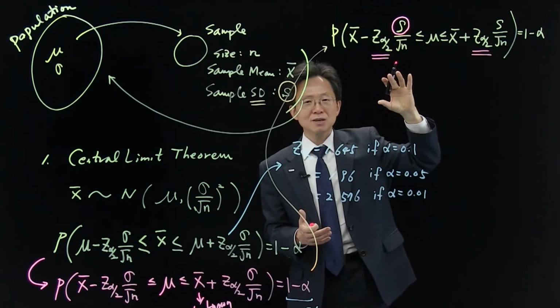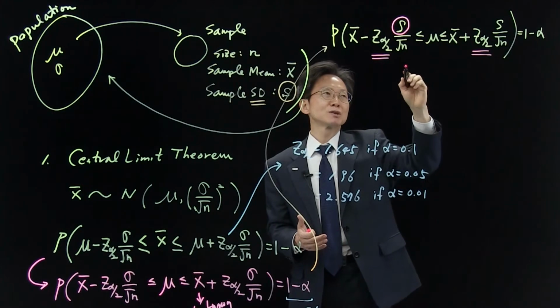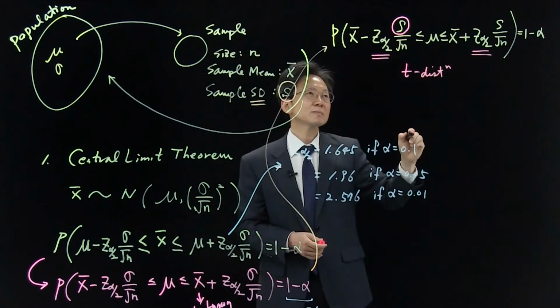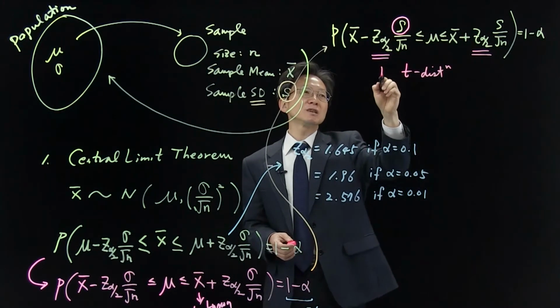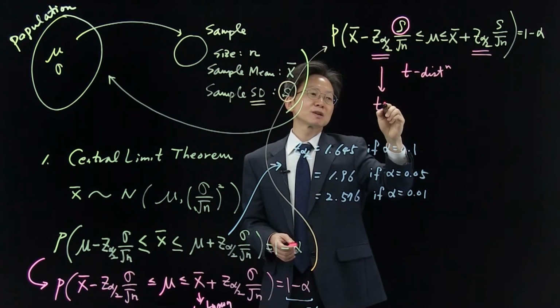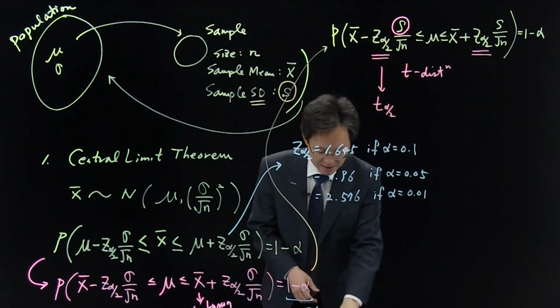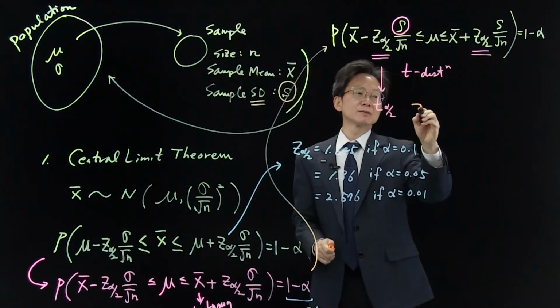Actually, it follows another distribution, which I already called the T distribution. In other words, instead of z, we have to use something like t alpha over 2, but this one depends on